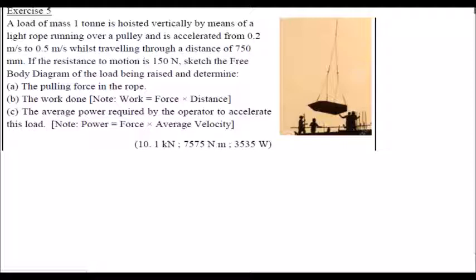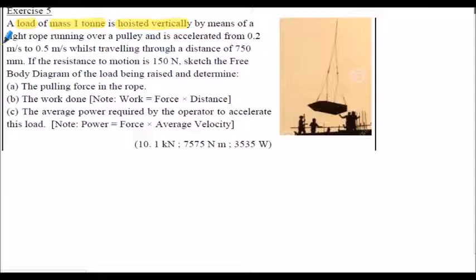There is a part B and C here, which just brings in some other terms that we need to be aware of. But the main bulk of the question is all about the first part A, which is the Newton's laws of motion. But read the question, see if we can extract the information from the question, see where we go from here. So exercise 5, we've got a load of mass 1 ton, and it's hoisted vertically by